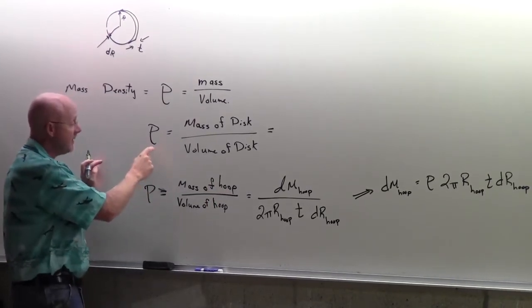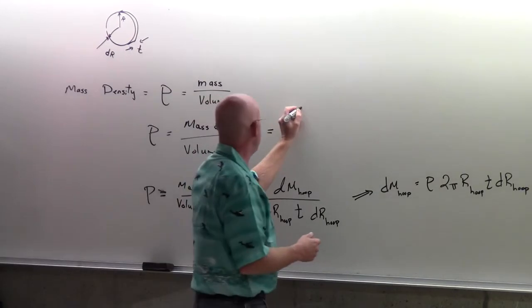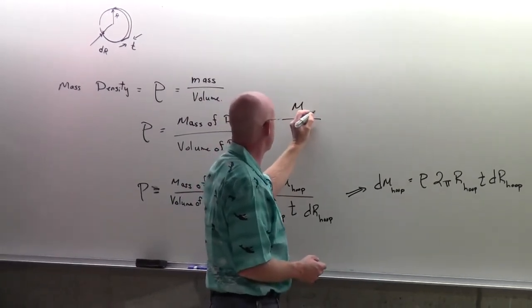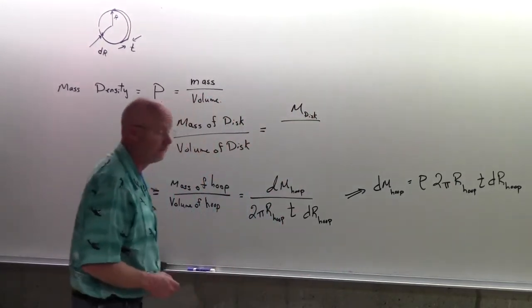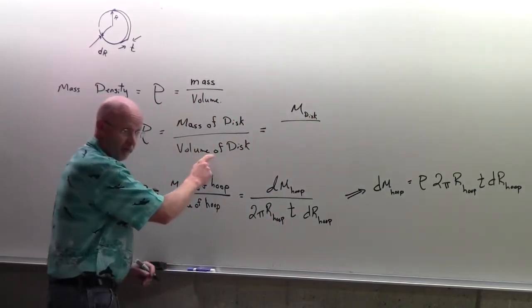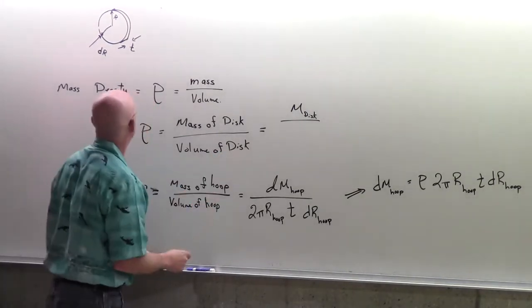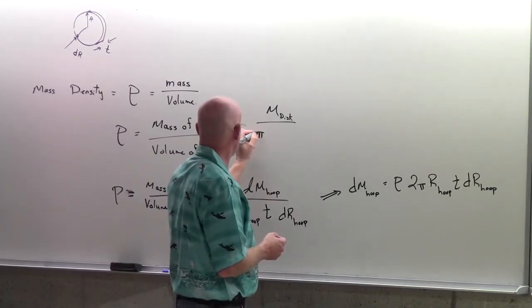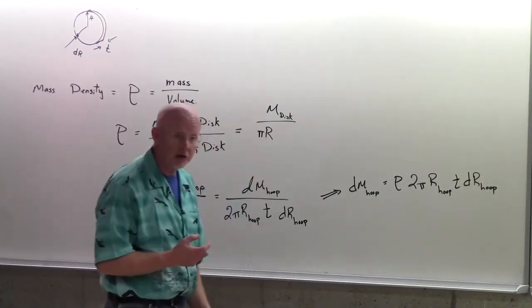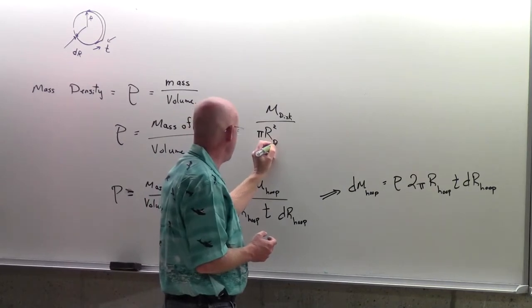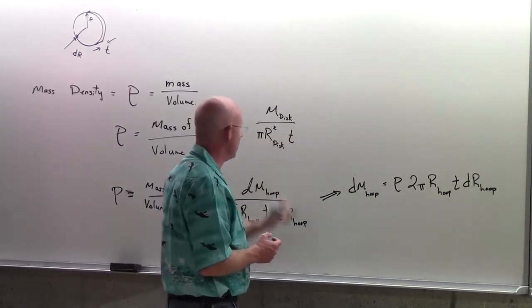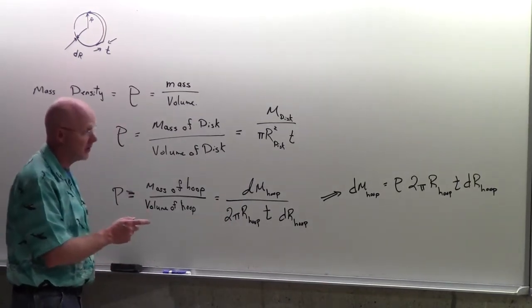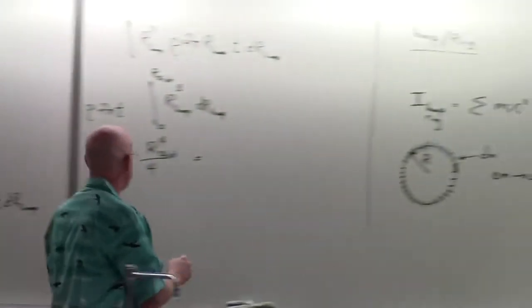And we can write the density as the total mass of the disk divided by the total volume of the disk. Well, what is the total volume of this disk? Well, pi r squared would be the area of the disk, and then multiplied by the thickness would then be the total volume of it. So if I put that into here, I will get